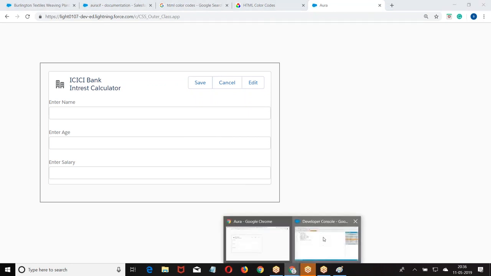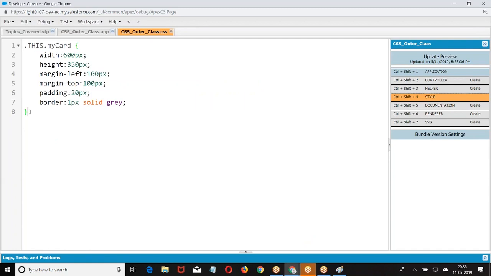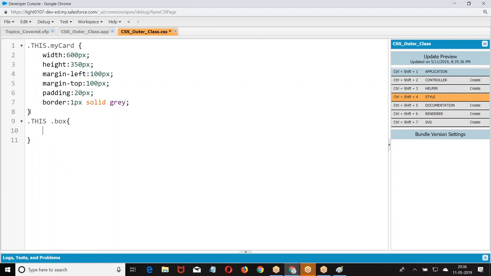Look at this. Dot this space dot box. Here I told padding 20 pixels. I give padding 20 pixels.